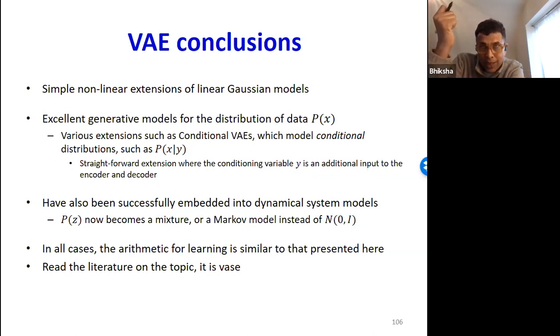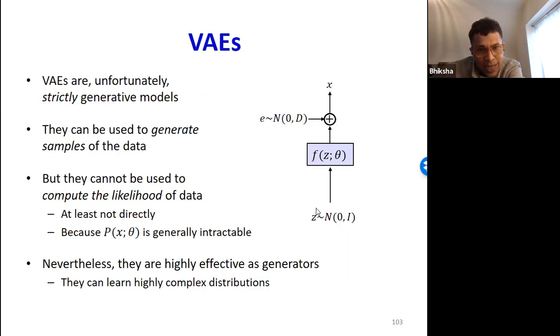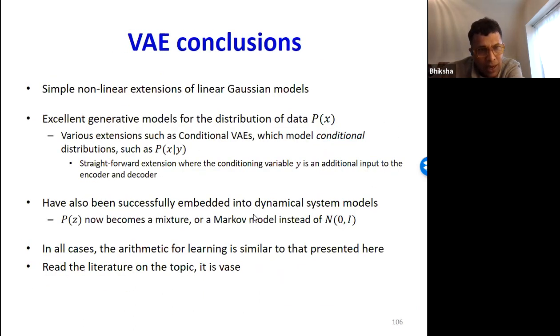All that happens is that there's nothing about the whole model which says that Z must be Gaussian. You could change the Z to have any kind of distribution. This could be the output from an HMM. This could be a Markov chain. You can do all kinds of things with Z. And as a result, you can extend this model very trivially by having different kinds of structures for P of Z, like a Gaussian mixture or a Markov model. And all of these give you interesting models where the learning itself remains very similar to what you've just seen here.